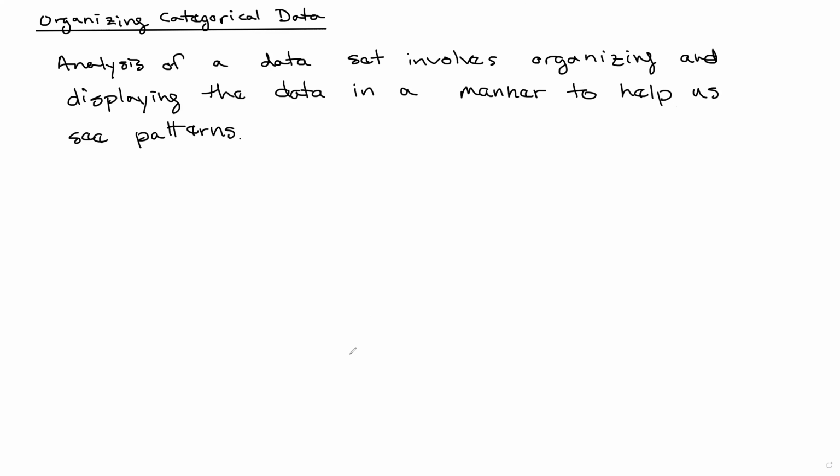When it comes to categorical data, that organization is going to involve showing how often a category occurs. So that's what we're going to be interested in. All right, so when it comes to categorical variables,